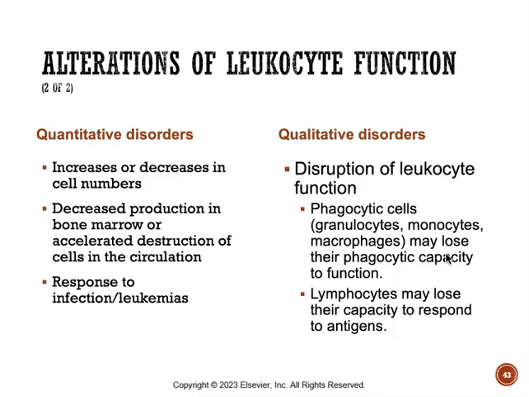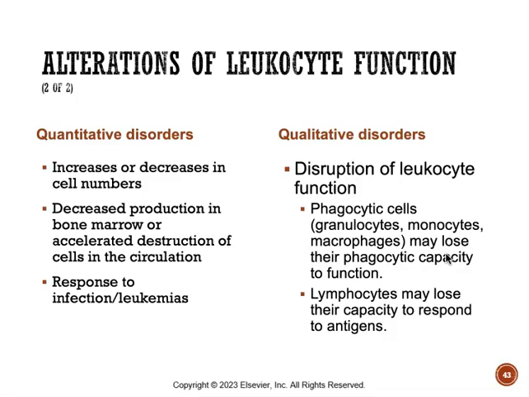So we can take these alterations of the white blood cells and put them into two main categories, quantitative and qualitative disorders. When we describe a quantitative disorder, it involves an increase or a decrease in the leukocyte numbers, and low production in the bone marrow or rapid destruction in circulation can lead to immune deficiencies. While when we have an excessive increase, that will often be seen in infections or leukemia and can show us some type of disease taking place. Qualitative disorders are affecting how our leukocytes function. That's our key word there.